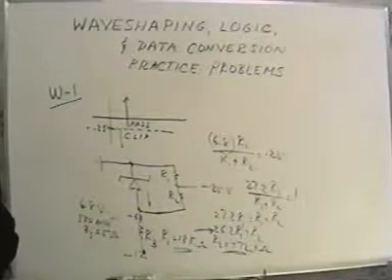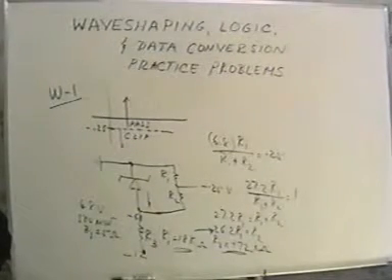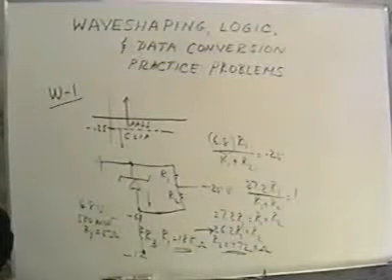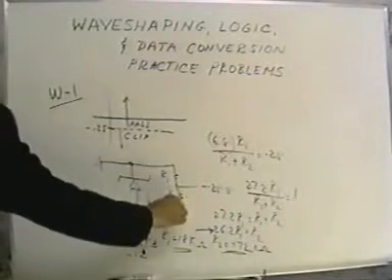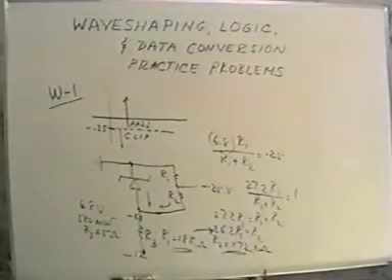Well, one way of doing that is let's solve for the current that is flowing through the resistor R2 in this fashion, and also